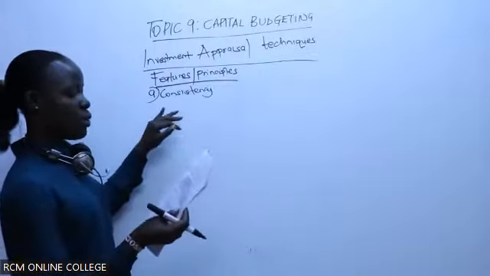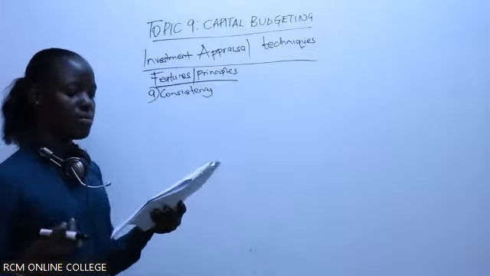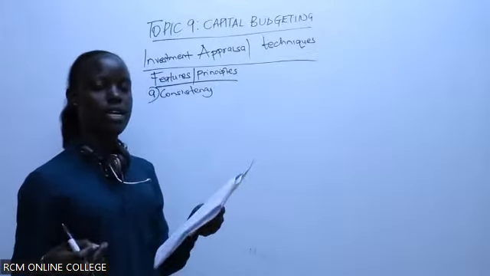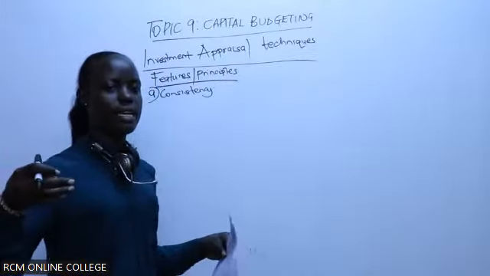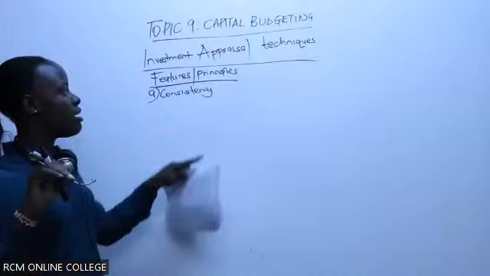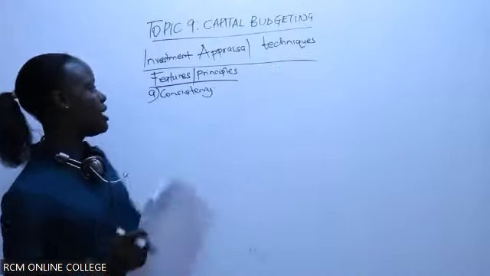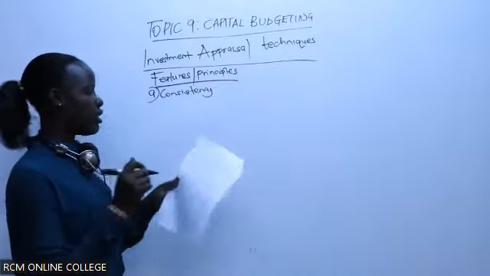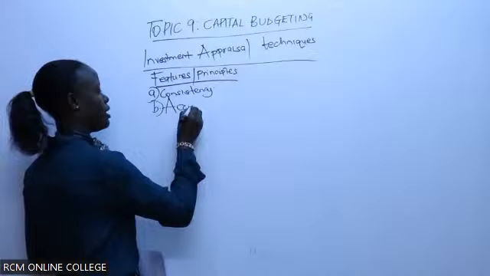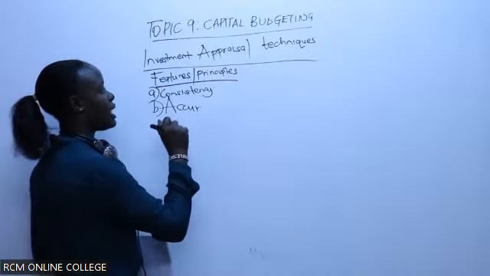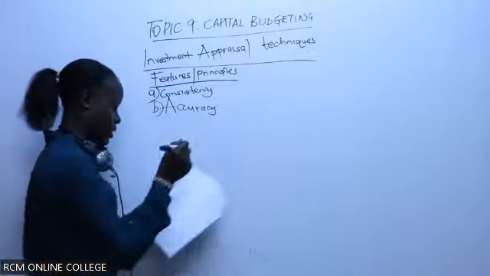So it has consistency. It should not produce highly variable outcomes with minor changes in inputs. When the inputs are changed, the differences should not be high. There shouldn't be a very huge variance in the various techniques. Secondly, we can talk about accuracy. The technique that you decide on should be accurate. So investment appraisal techniques should be accurate.